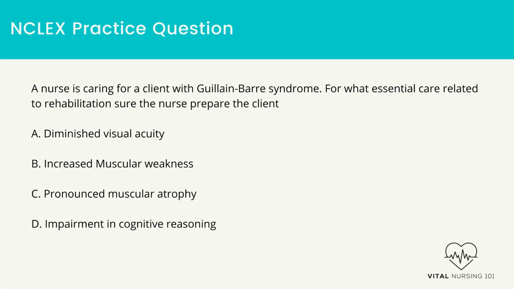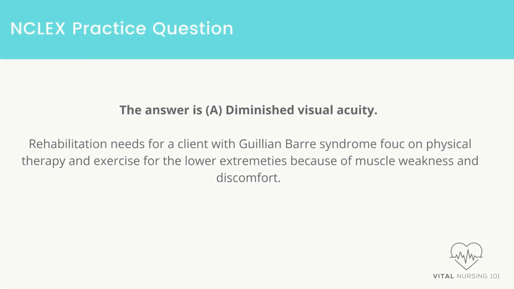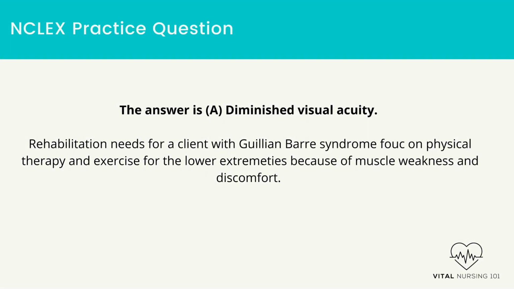A nurse is caring for a client with Guillain-Barré syndrome. For what essential care related to rehabilitation should the nurse prepare the client? Diminished visual acuity, increased muscular weakness, pronounced muscular atrophy, impairment in cognitive reasoning. The answer is diminished visual acuity. Rehabilitation needs for a client with Guillain-Barré syndrome focus on physical therapy and exercise for the lower extremities because of